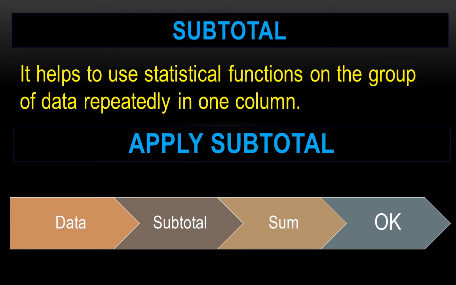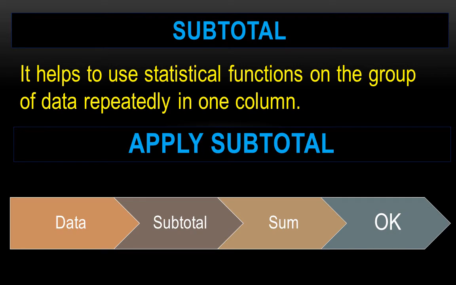Step 1, enter the data, sort the data month wise, select any cell within the table. Step 2, click on the data tab and select subtotal button from the outline group. The subtotal dialog box appears. Step 3, select month from at each change in drop down list. Step 4, select some function from use function drop down list. Step 5, select the number of repairs servicing checkbox from add subtotal to drop down list. Step 6, replace current subtotal option and summary below data option are selected by default. Deselect replace current subtotals option by clicking on its checkbox, and finally click OK button and observe the result as shown.